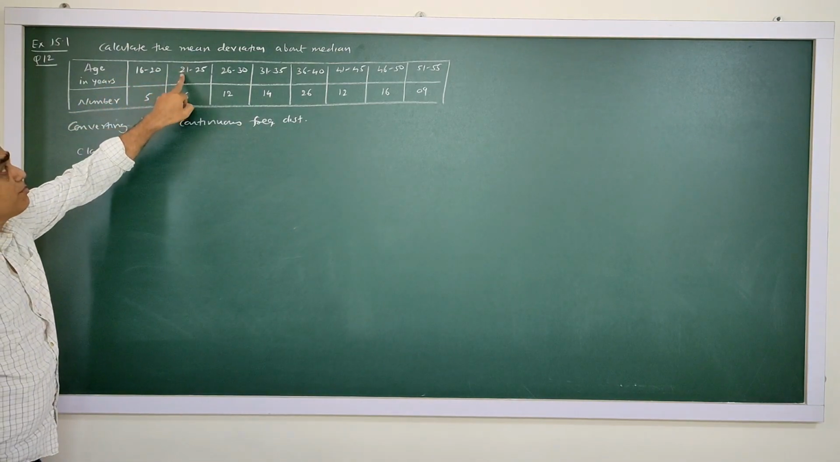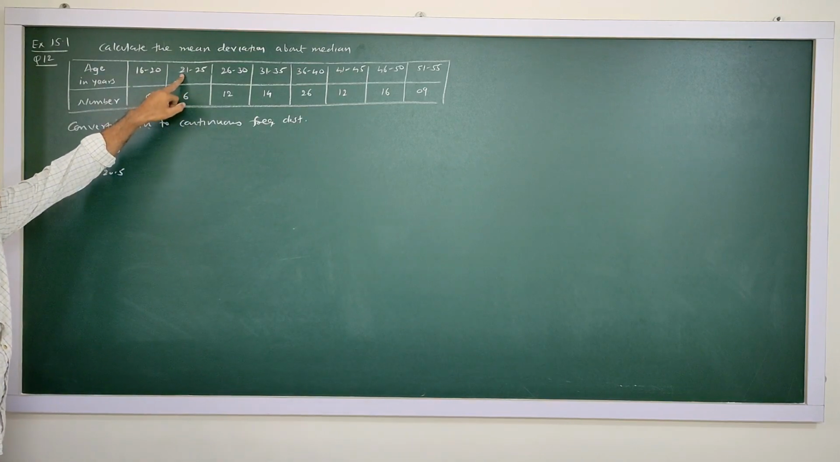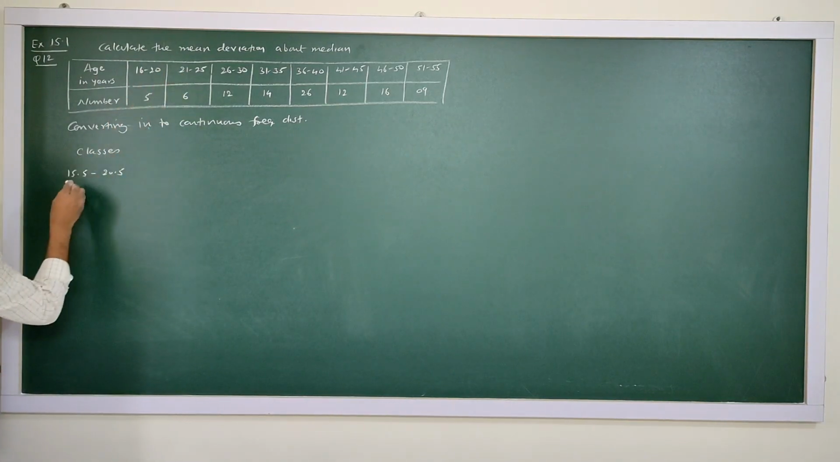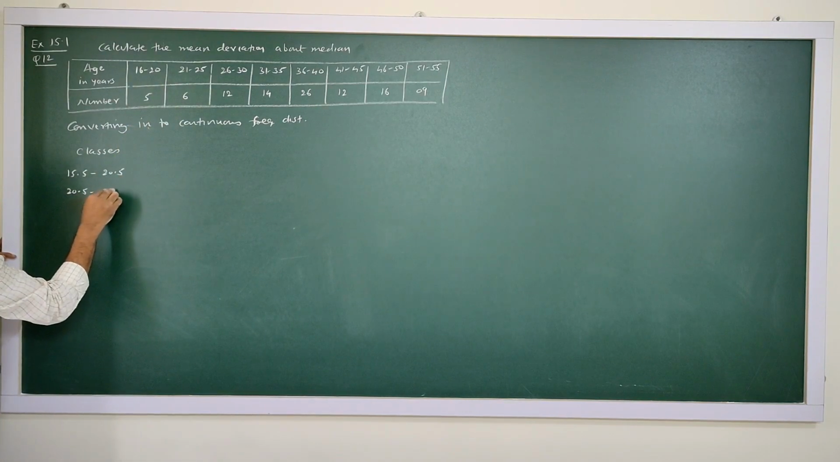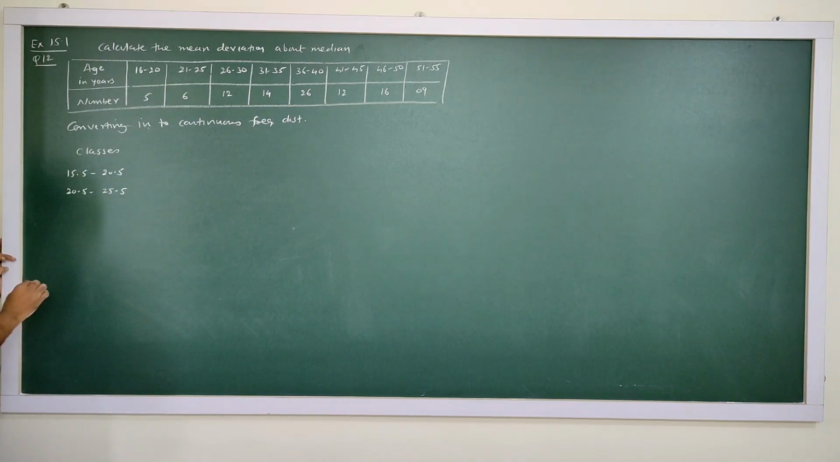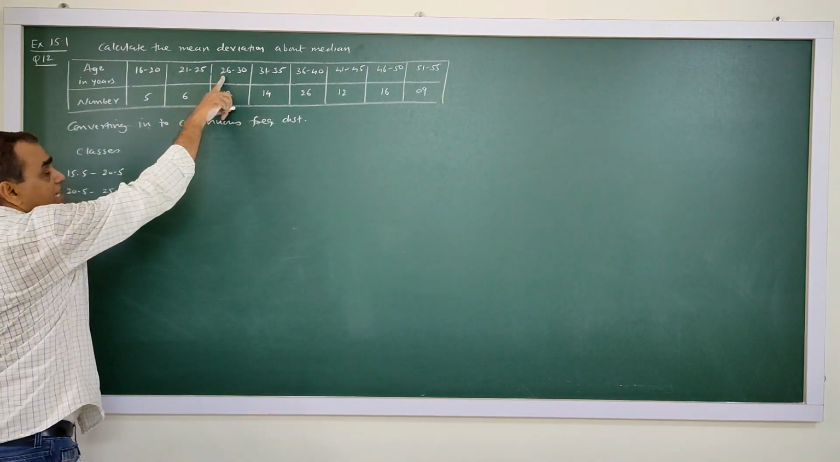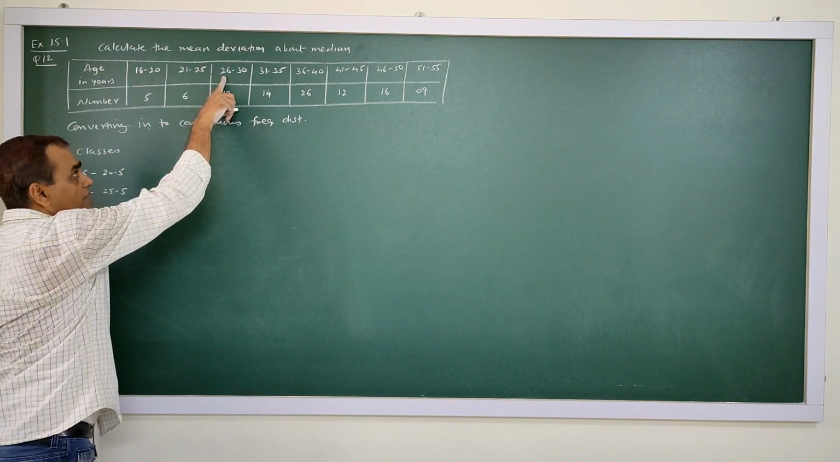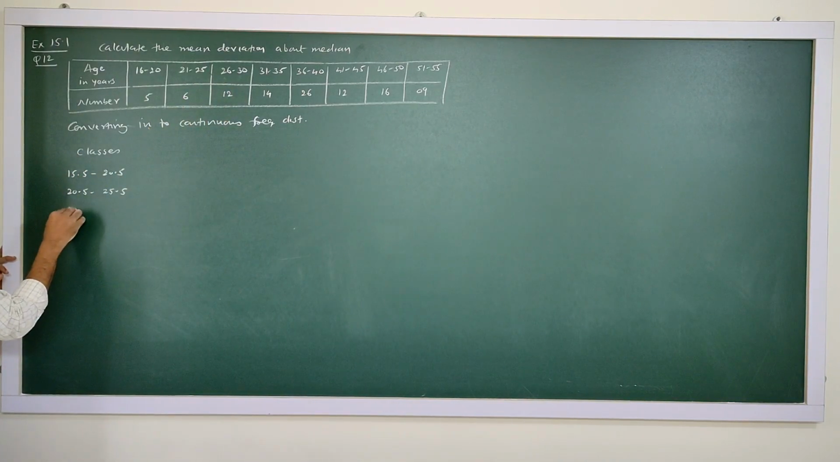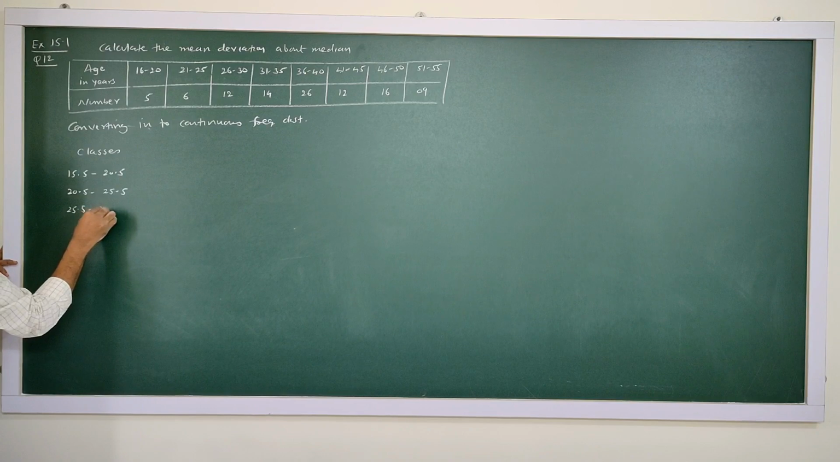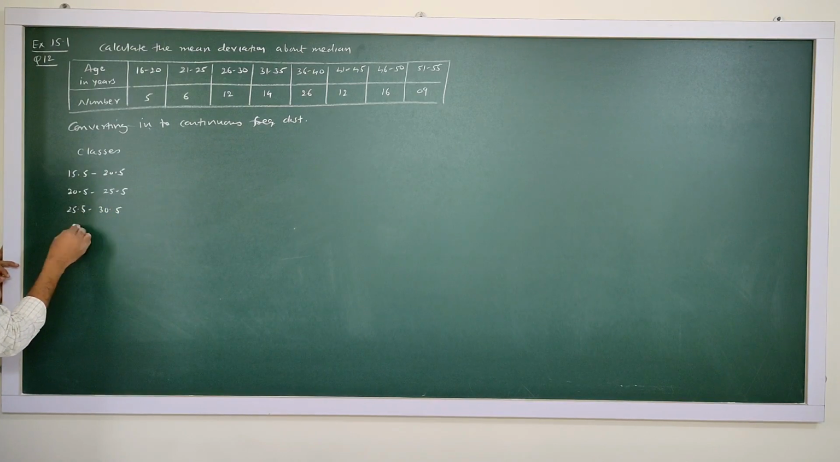Then next, subtract 0.5. Subtracting 0.5, the new lower limit will be 20.5, and add 0.5 on the right side. Then next, subtract 0.5 from the left value and add 0.5 to the right side value. So 25.5, 30.5. Continuing this procedure, 30.5,